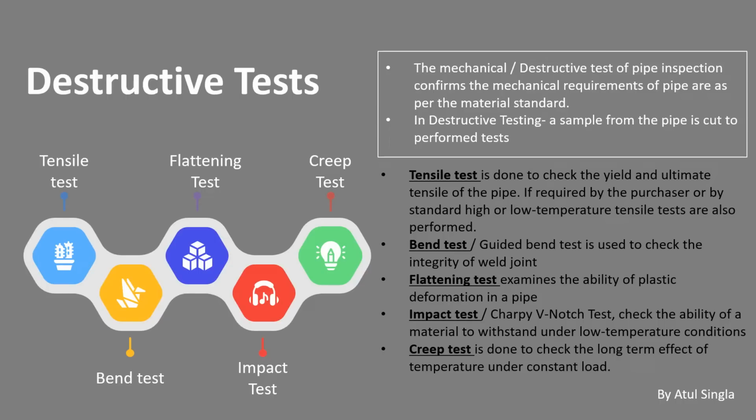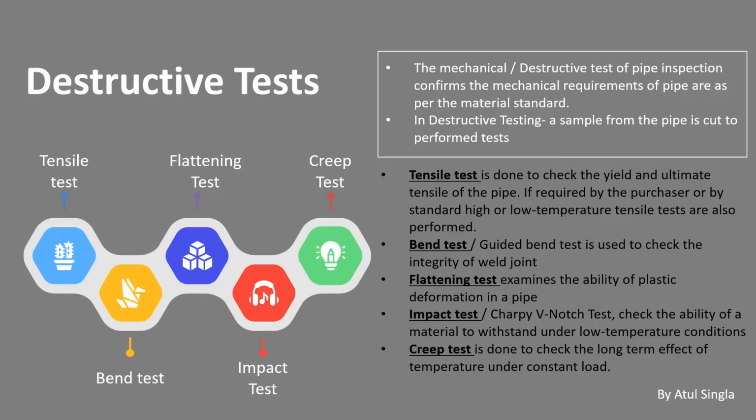Destructive tests are really very important in the process industry. There are so many types of destructive tests. The main agenda here is to confirm the mechanical requirements of pipe as per the material standards, the applicable material standard for that particular system. Basically, in any of the destructive tests, we take a sample